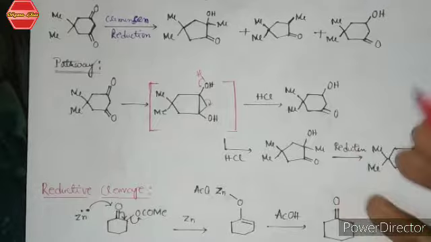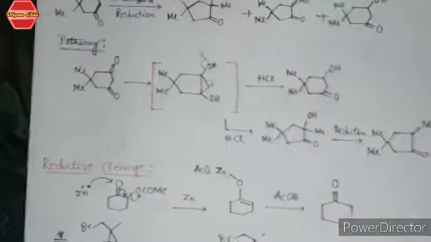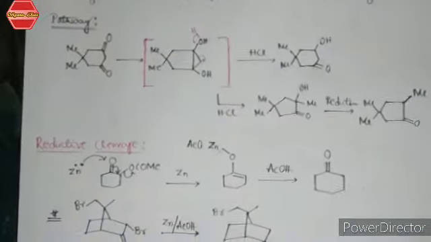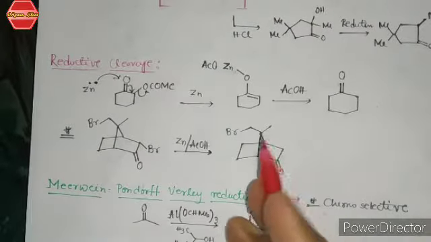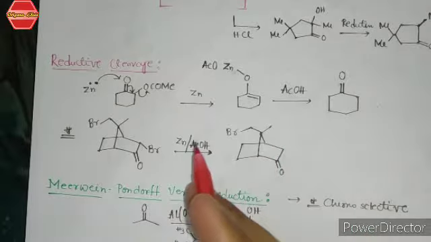Okay, so this is how these three types of products are formed. This is also an important example for your exam purpose. Now there is one more important extension of this Clemmensen reduction,